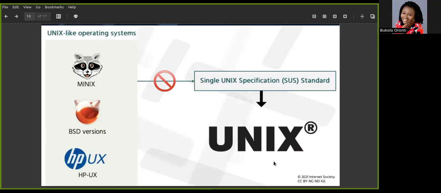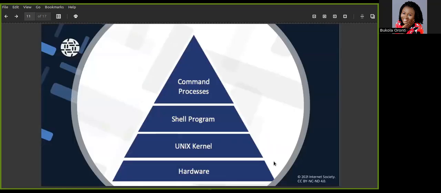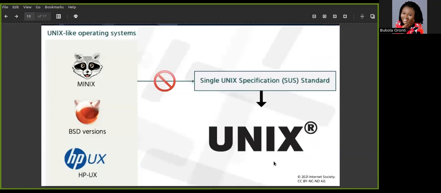So they are not referred to as Unix variants, but rather as Unix-like operating systems. Out of the ones I mentioned earlier, it is only, I think, Mac OS and Solaris or one other OS that actually conformed with the SUS standard, and these are the ones that are permitted to use the Unix trademark.